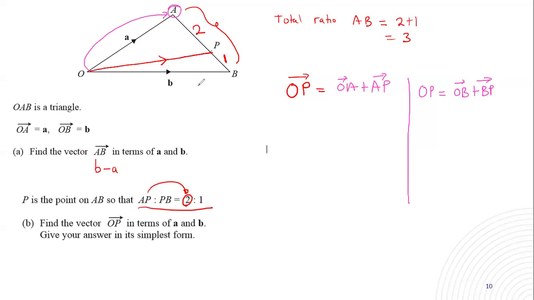The only thing I want us to first check is how we obtain A to P. That is where we are going to concentrate. How do we obtain A to P? Someone take us through how we obtain A to P. Yes, Joel? We can obtain A to P by first obtaining AB. So AB, we have it already. It was B minus A.